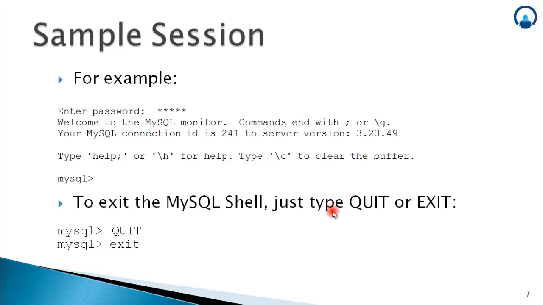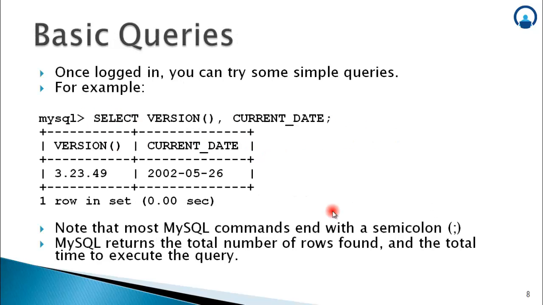So basically MySQL doesn't have a UI as such. UI means the user interface. We are going to work in MySQL using the command prompt from Windows, right? Let's go further. We come to some basic queries that we can use in MySQL. Once you are logged in, you can try some simple queries in MySQL. For example, one query given here is select version(), current_date. When you type this and you press semicolon, you press enter, you get the below given table format output